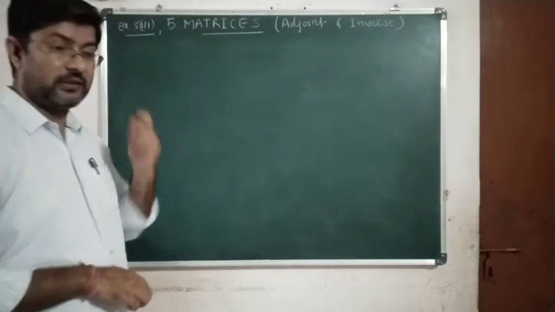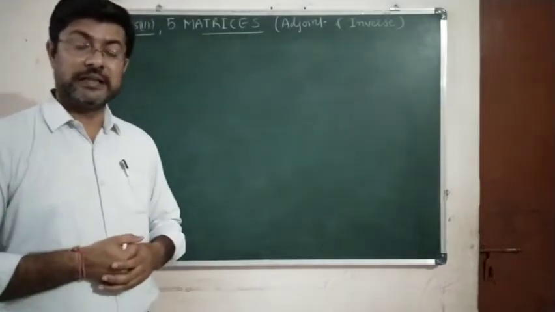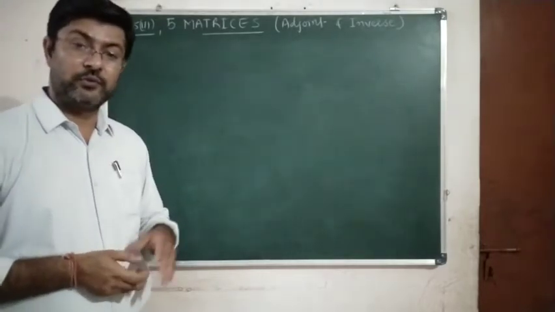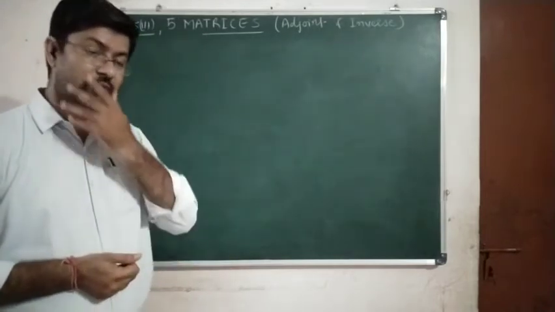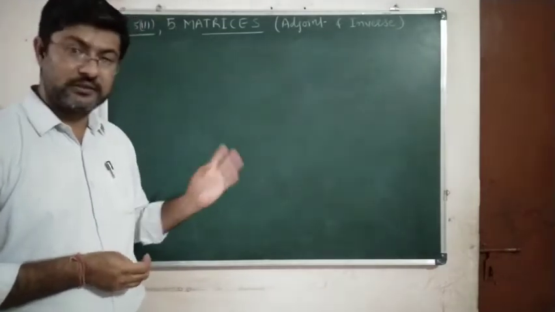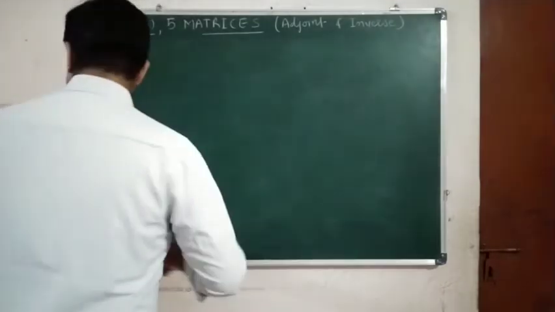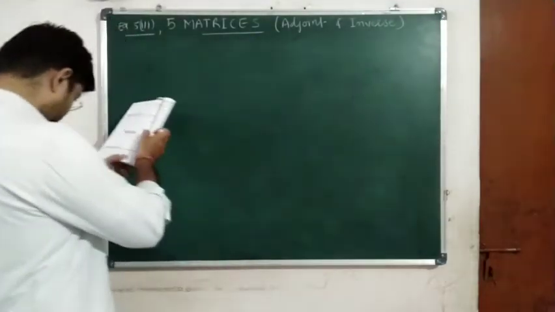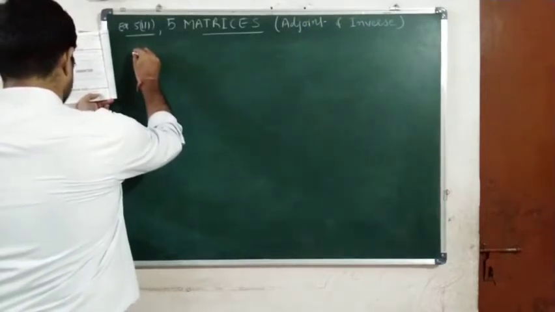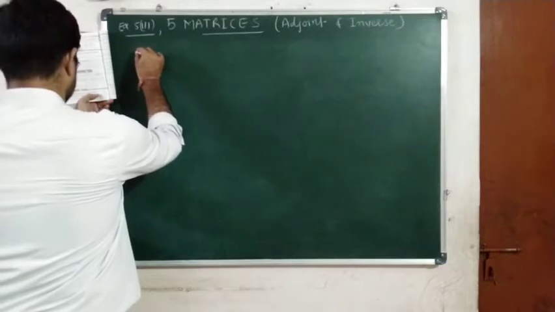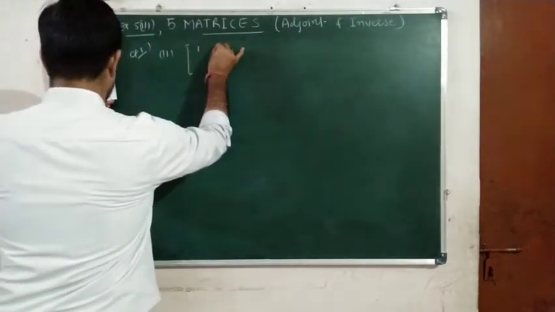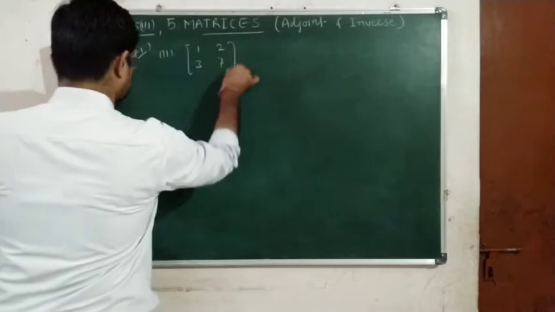In this exercise we will find the inverse of a matrix using elementary row transformations. We have studied this method of finding the inverse using elementary row transformation. So for a 2 by 2 matrix and a 3 by 3 matrix, today we will solve the sums from the textbook exercise. So in exercise 3, let us do question number 1, parts 2 and 3: 1, 2, 3, 7.